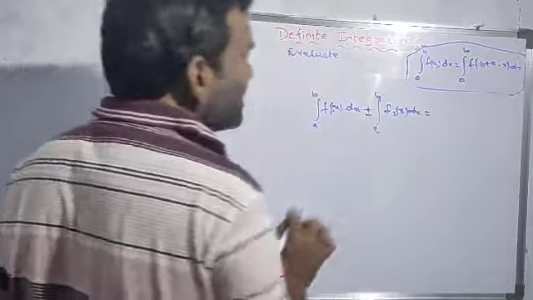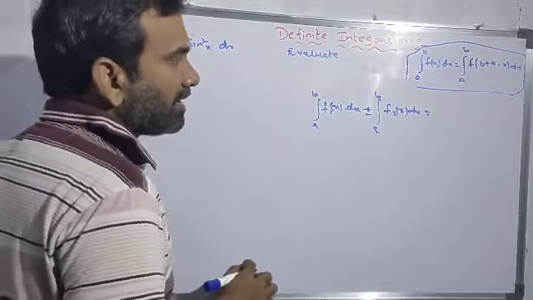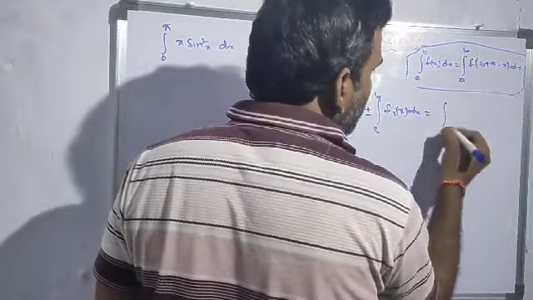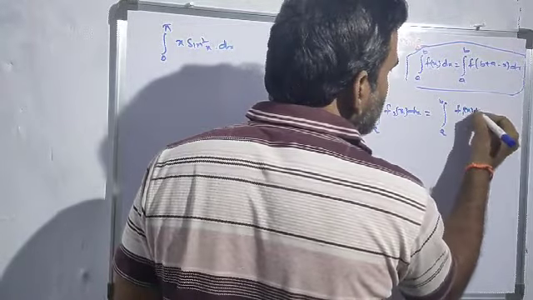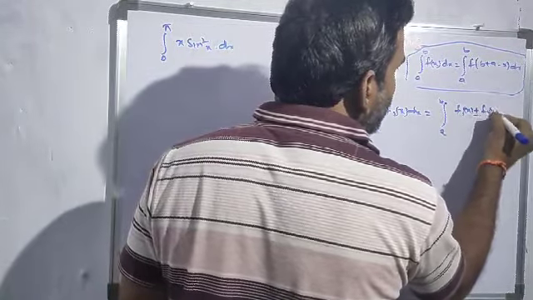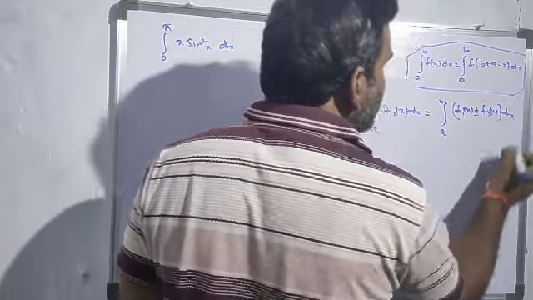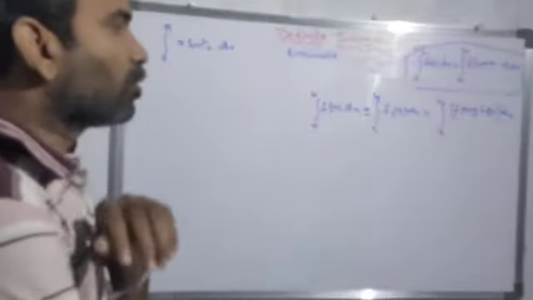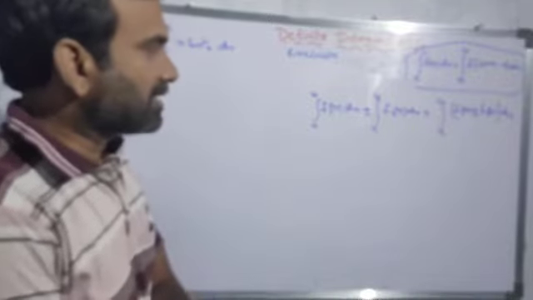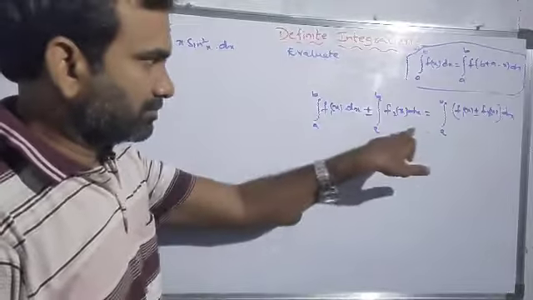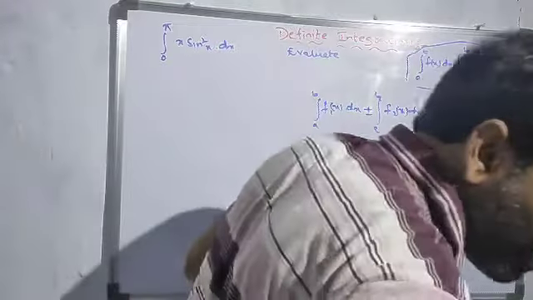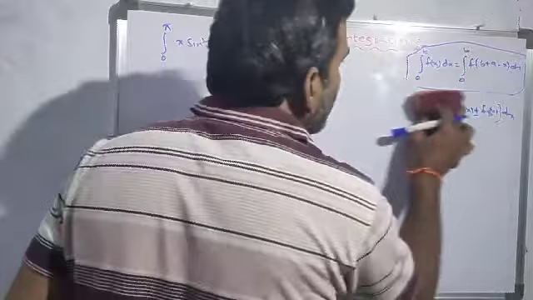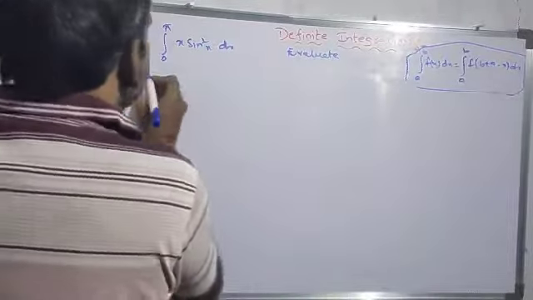Both are having the same upper and lower limit values. Then we can take the integral from a to b of f1 of x plus or minus f2 of x, this total, into dx. If both the integrals have the same limits, then we can combine them like this also. We applied this in our previous problem, so you just observe that.